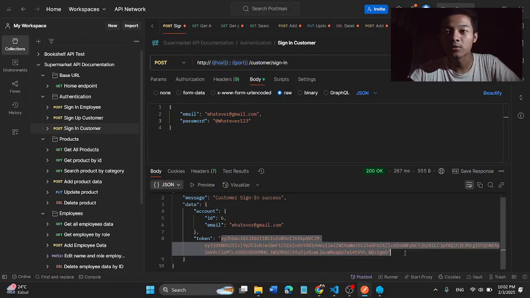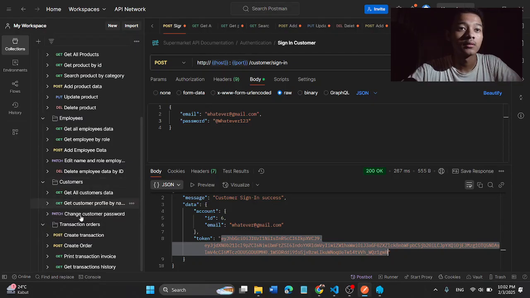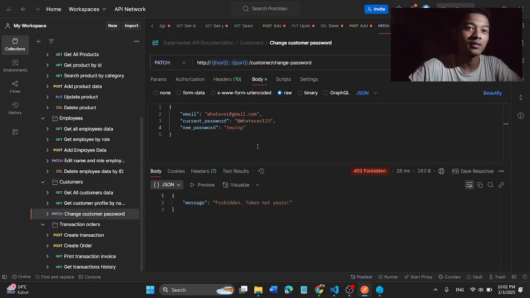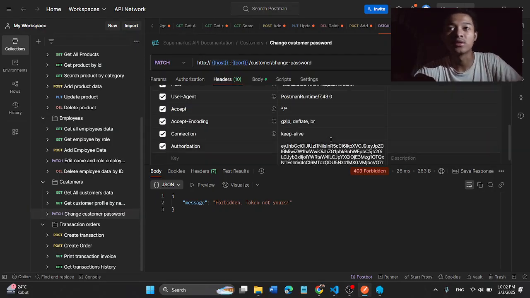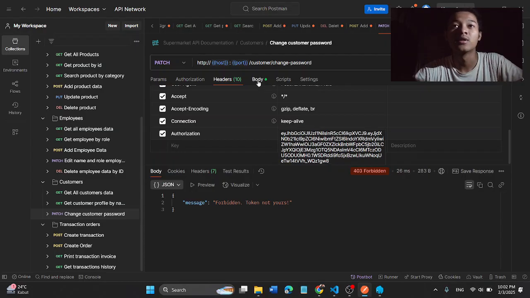We copy the token back again into customer, change customer password, and we place the right token here, which is our own token, the whatever account token.